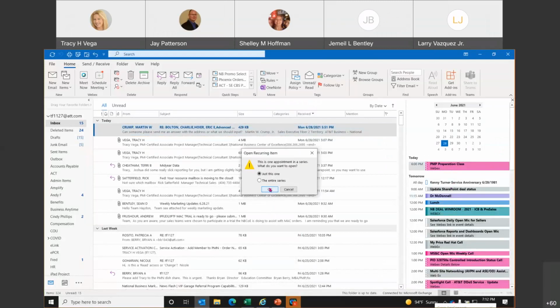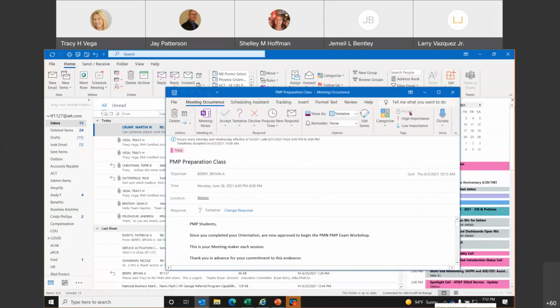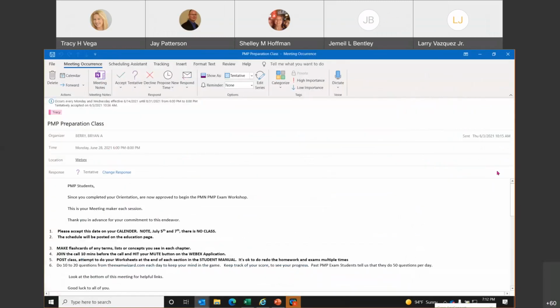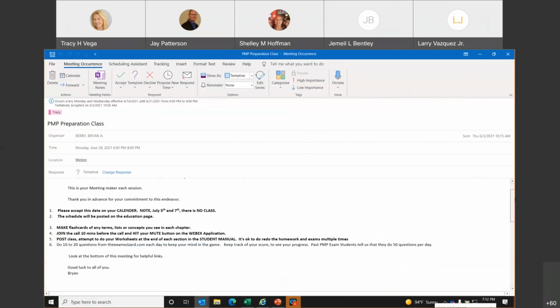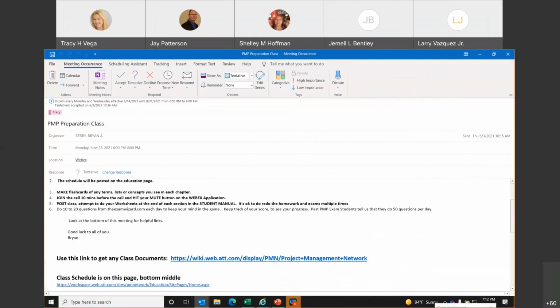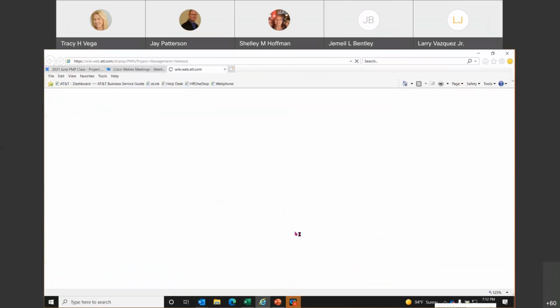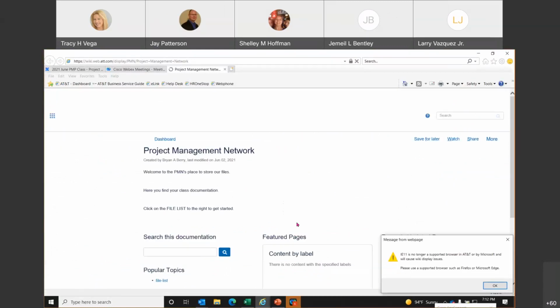If you go into the invite that you received for the class tonight, you should have an invite on your calendar for each of the classes. Can you see my screen? Yes. When you go into the invite, there's a wiki. When you click on the wiki, it's going to take you to this page that has all the documents.